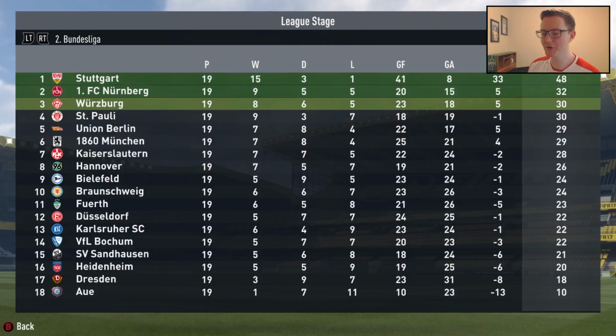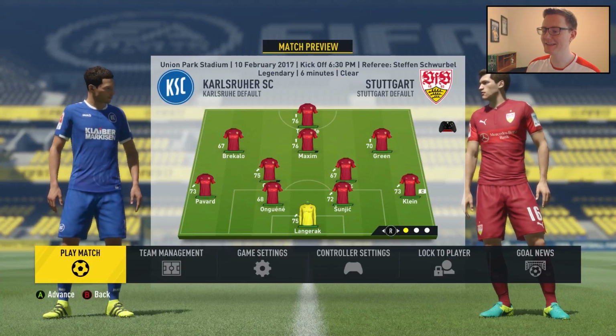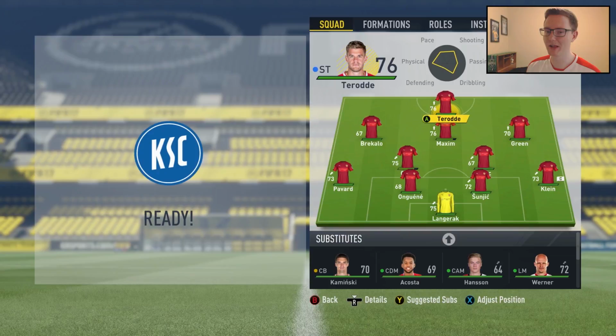We'll take a look at the league table going into our derby match against Karlsruher, who seem to be doing worse and worse as the season progresses. They've dropped all the way down to 13th, whereas we have a 16-point lead at the top of the table. We'll have to opt for a rotated side in this derby match, but still plenty of quality players in our